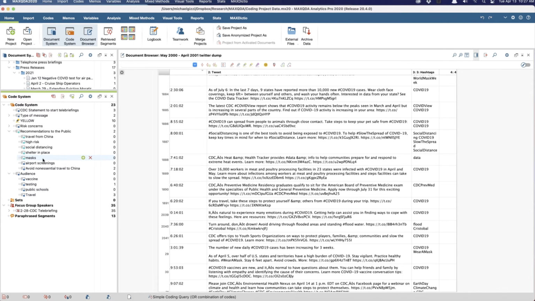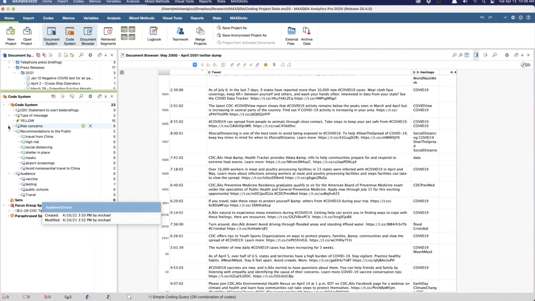Masks doesn't even get used until later. Airport screenings, avoiding non-essential travel to China. Again, this was from just the first couple documents, looking at who the audience was. Were they talking about vaccines, testing, schools, travel, for example?